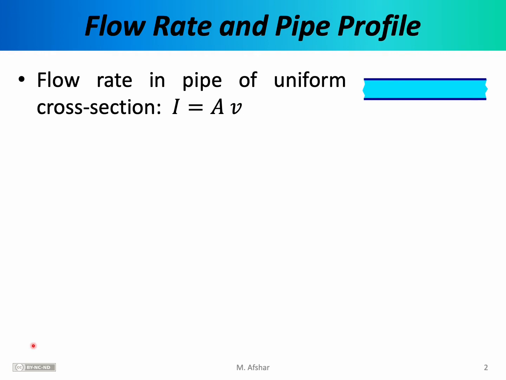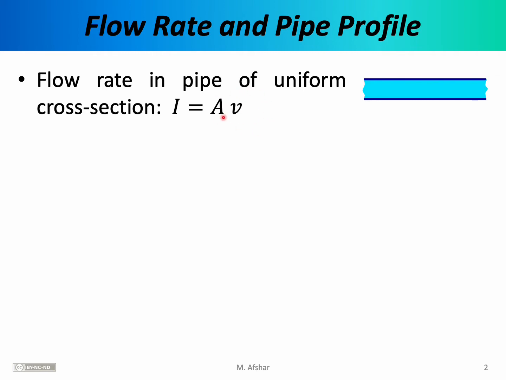In our last lecture on fluid dynamics, we discussed the flow rate of a fluid in a conduit. In this context, when I say a fluid, I mean a liquid or a gas, and when I say a conduit, I basically mean a pipe or a hose, or for example, air ducts in an air conditioning or ventilation system. In our last lecture, we learned that the flow rate is equal to the cross-sectional area of the pipe